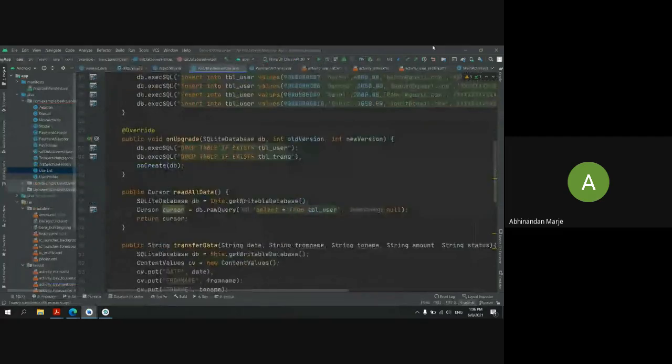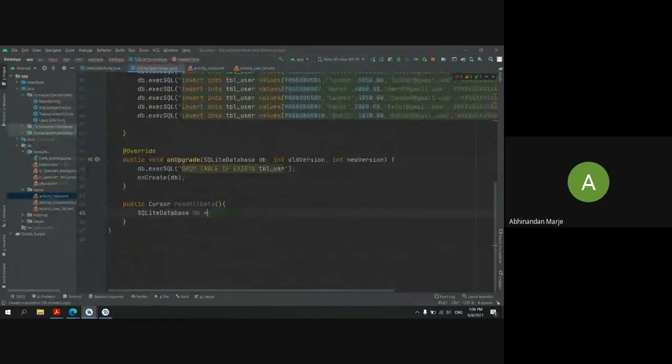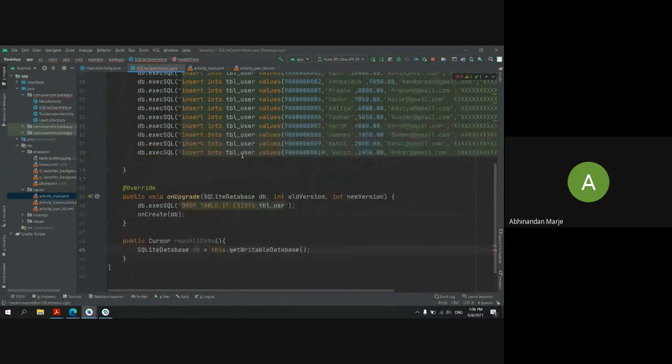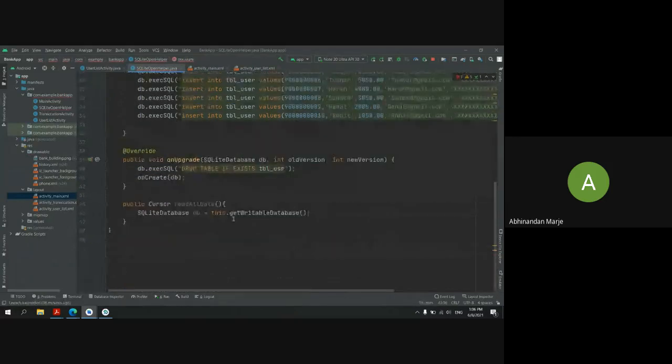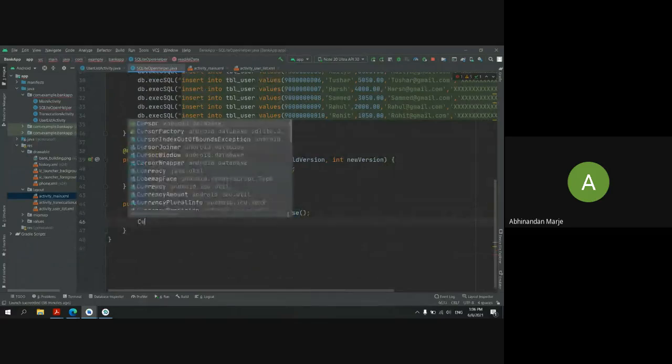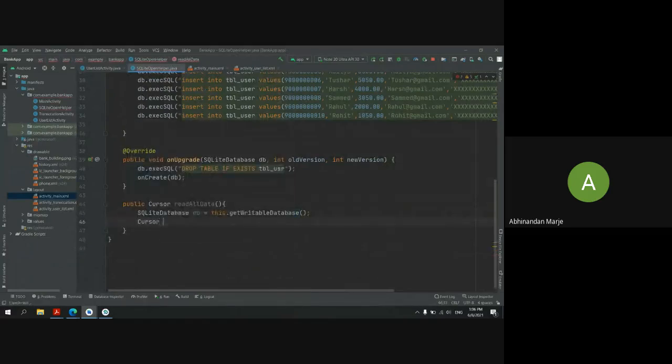I want to make it writable, yes, this dot getWritableDatabase, because I want to take some data from here. So I'm giving the context and getting the database. Then I want to mention the cursor, which will help us to read the data, right? And for this I want to mention a new cursor.